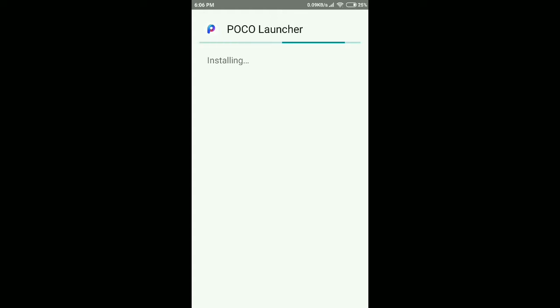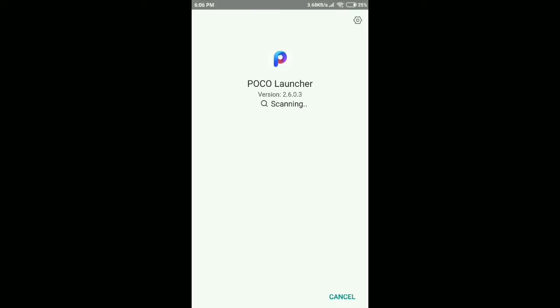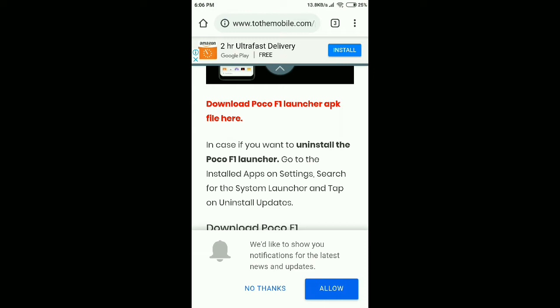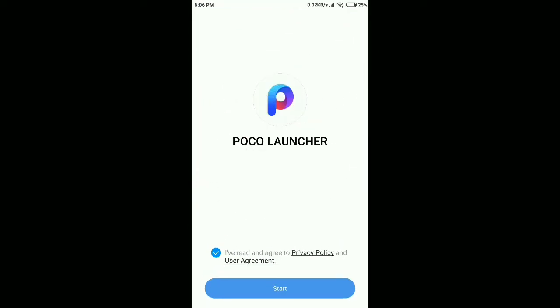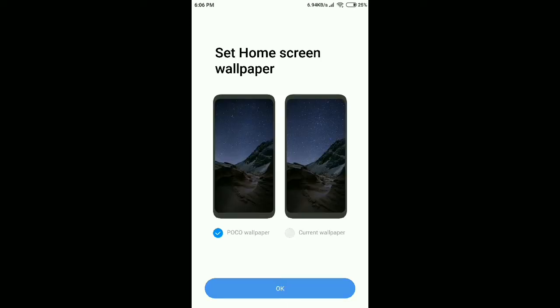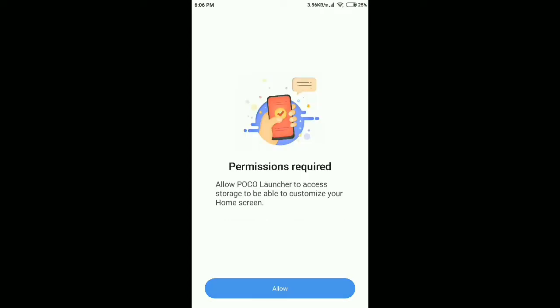It's taking quite a long time, just scanning for any text or something in the launcher. So right now I'm just gonna remember my choice and select the Poco launcher. Once you select the Poco launcher, it pops up this screen saying Poco launcher. Then hit start, and it gives you the option to choose your current wallpaper as well as the Poco wallpaper. I'll be using the Poco wallpaper. I'll select OK. I'll tap on allow permissions, open settings,